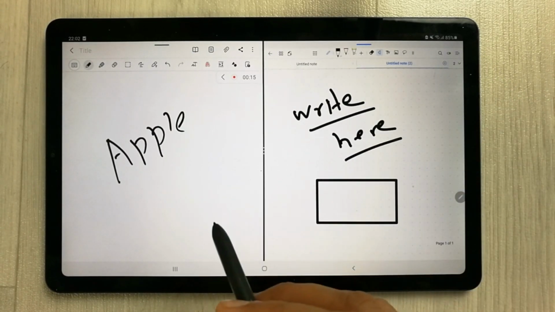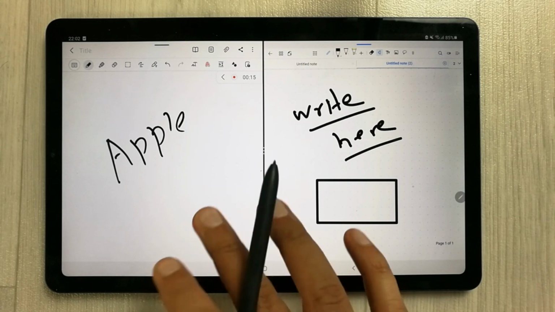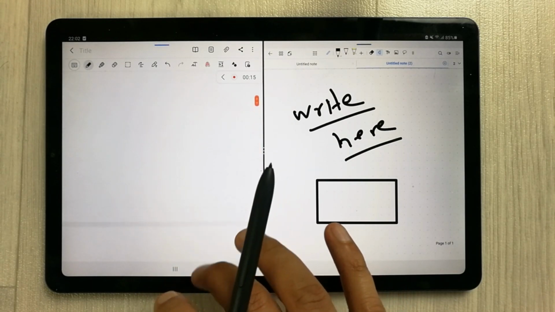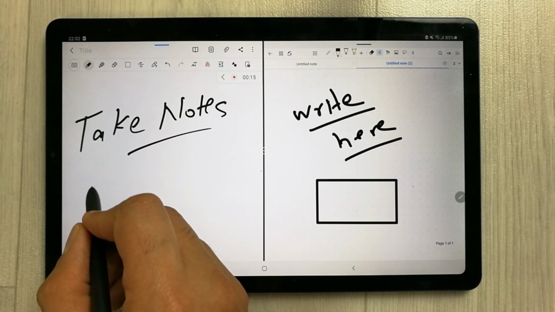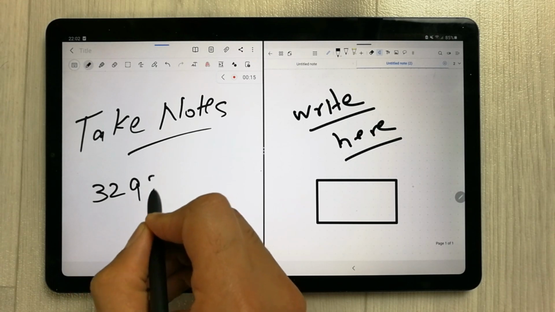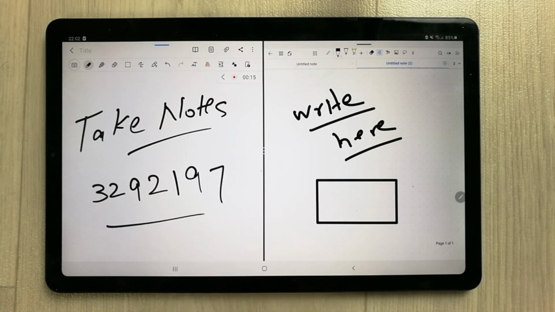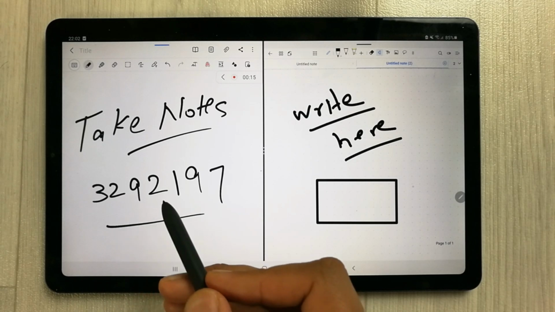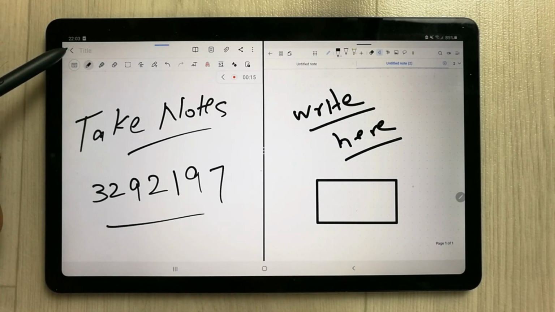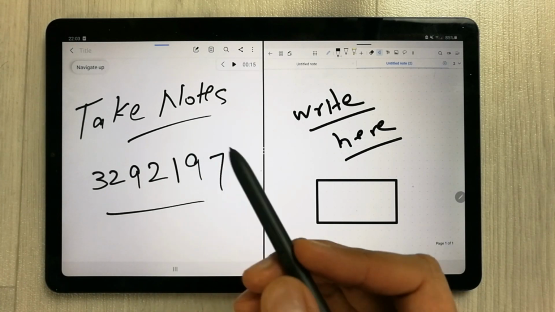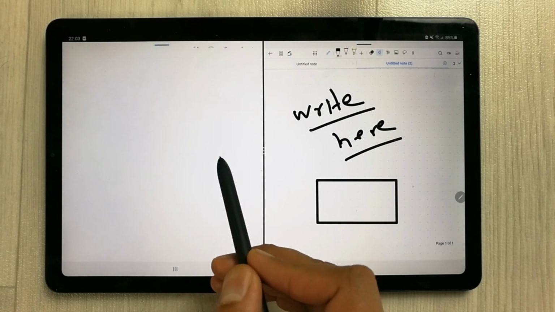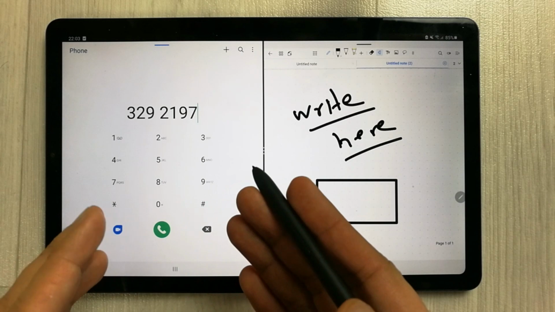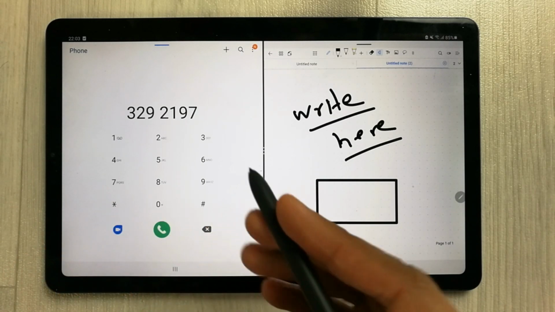And then if we talk about the action icon, there is an action icon available in Samsung Notes. For example, if you write a number over here, let's say I write this number, and now you want to make a call to this number, you can use this. You just have to go back one step, and then bring your pen closer to that number, and then it will show you the option for calling as well. So you can see over here it gives you the ability, it will directly take you to the phone option, and then you can make a call.